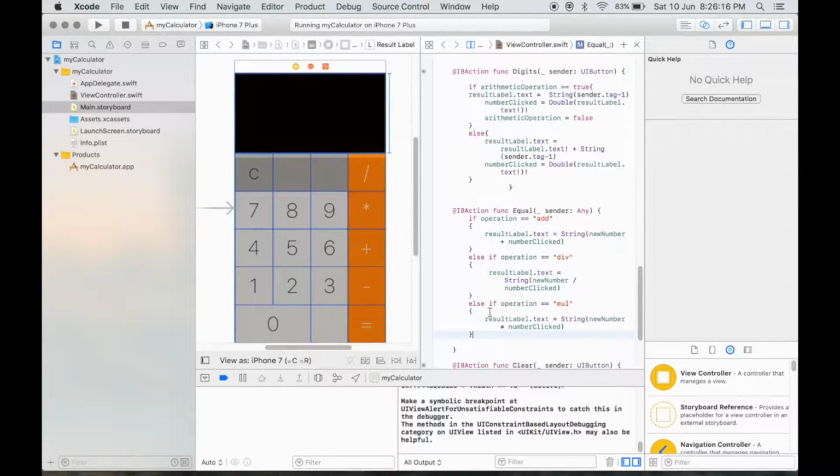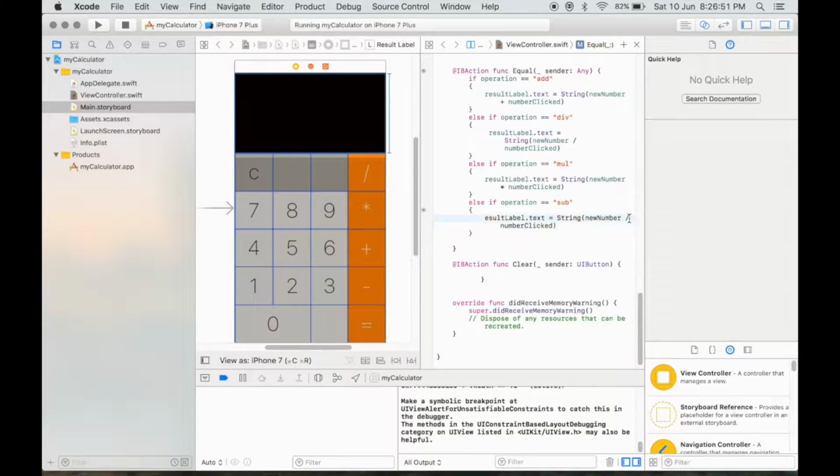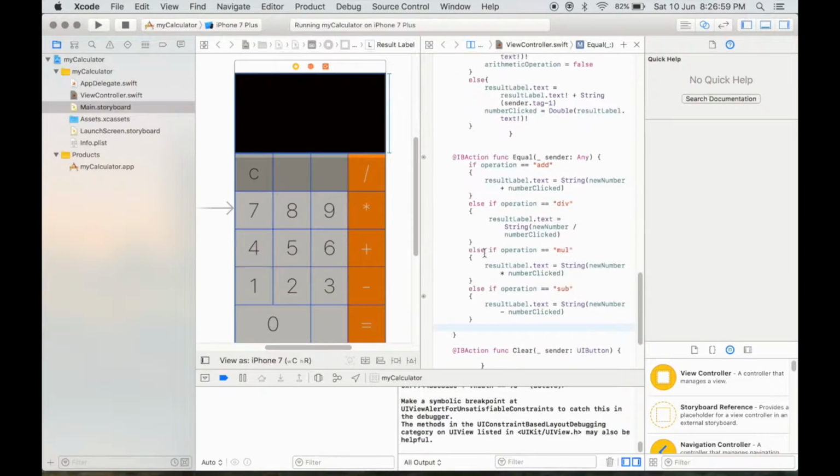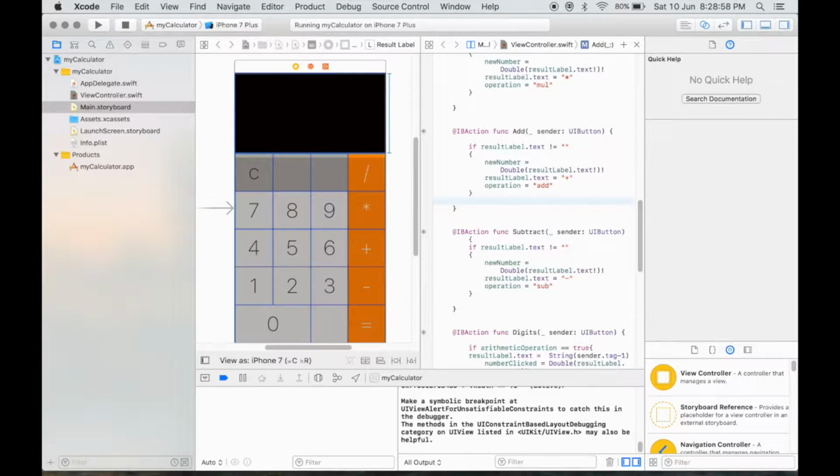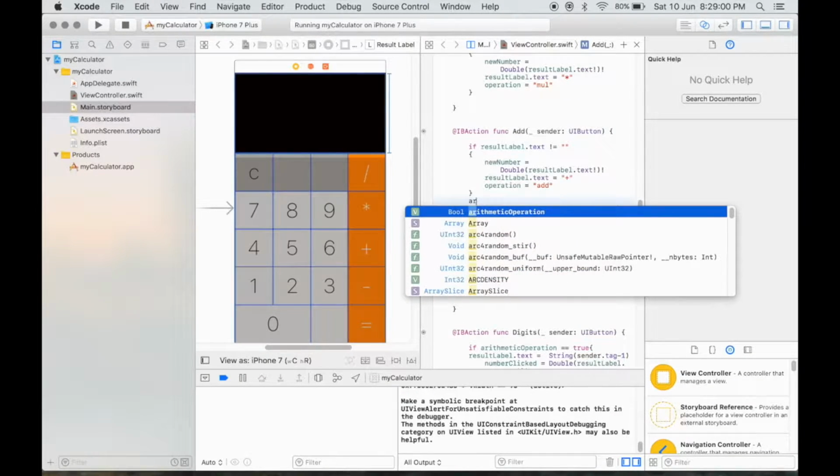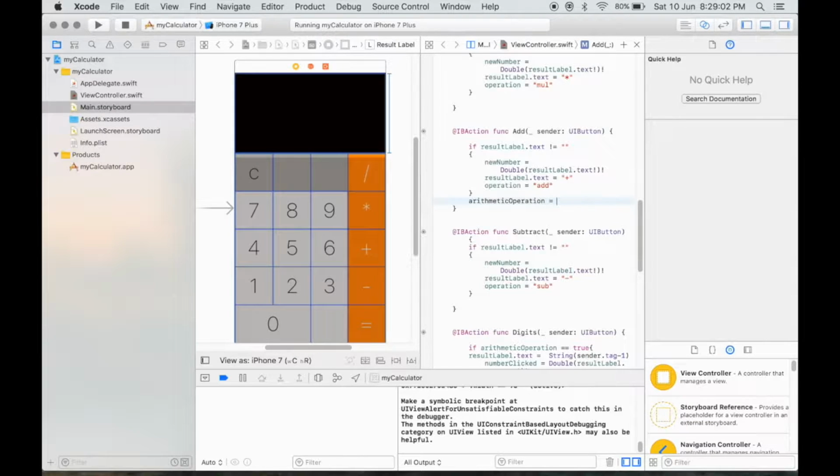So if it is multiplication, we'll display the multiplication result, and so we will make arithmetic operation true again. Copy this line in all the functions.